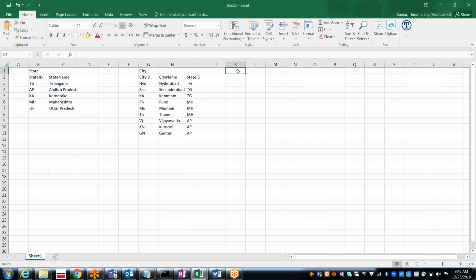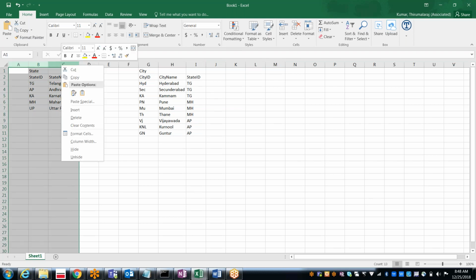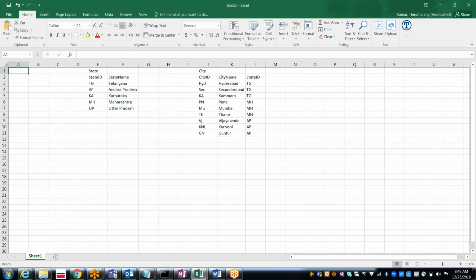As I said, in case you want the drop down for countries also, then you should have country ID and then country name, like India, US.